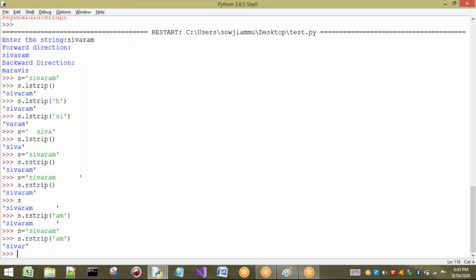That means rstrip is going to remove right side values. If you give any values to rstrip, and they are present on the right side of the given string, those will be removed. If you have not given any characters to rstrip, it will check whether any empty spaces are present in the given string, on the right side, not in between or on the left side, because we are talking about rstrip. So if there are any spaces, they will be removed, if you are not going to pass any characters to rstrip. Okay. Now the last one is what?